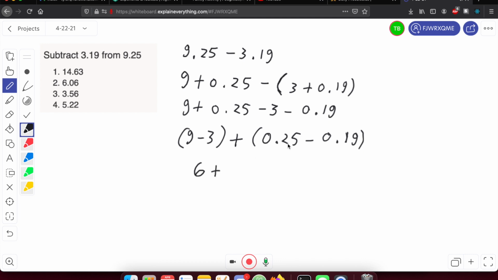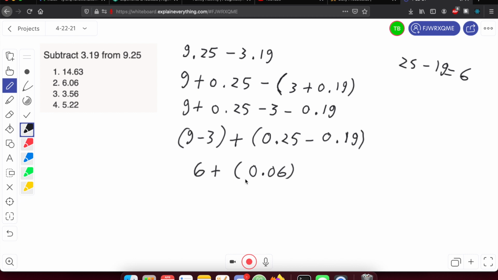And now what is 0.25 minus 0.19? Well, this is fairly simple. We can just ignore the decimal and treat these as whole numbers, just sort of to understand things. Well, what is 25 minus 19? 25 minus 19 is simply 6, right? I guess I should write equal. It's just 6. So in this case, since we have the decimal here, we just have to remember that we are subtracting in terms of decimals. So 0.25 minus 0.19 is just